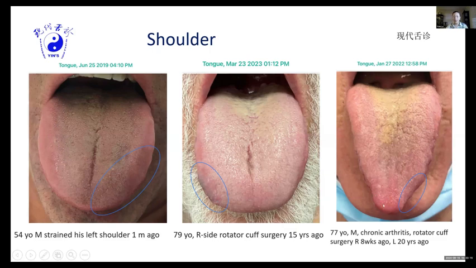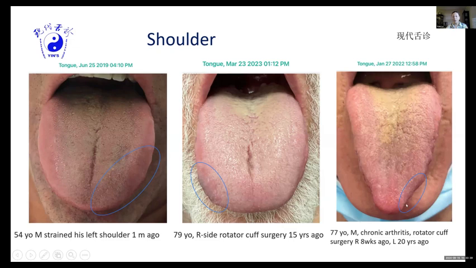This one, on the right side, is a 77-year-old male. So he has chronic arthritis, rotator cuff surgery on the right side 8 weeks ago. Even though the left side is more prominent, on the right side you can also see there's something going on. So the right side, after the rotator cuff surgery, he's feeling better, but the left side,